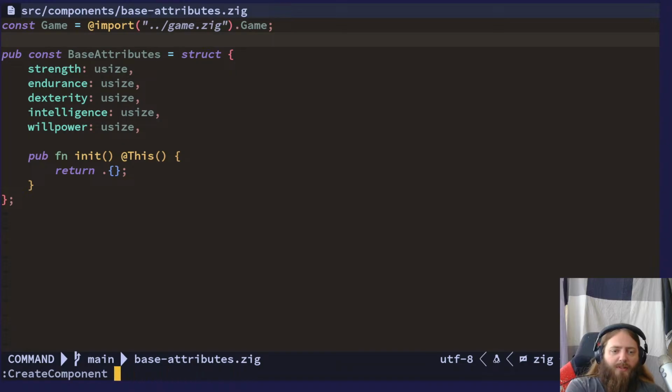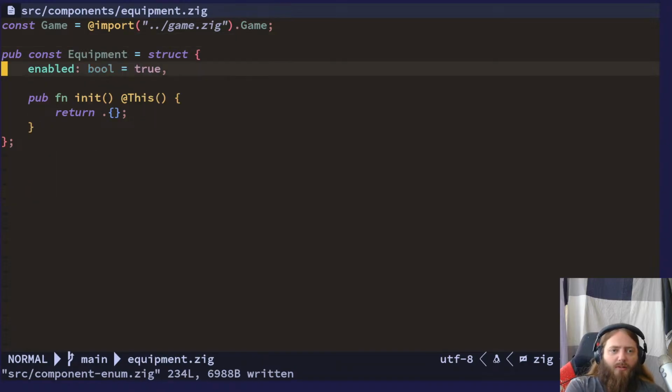Let's just call it equipment. All right, I'm in favor of shorter names. We could just say, hey, this is your equipment. So here you can have, for example, left hand as an optional